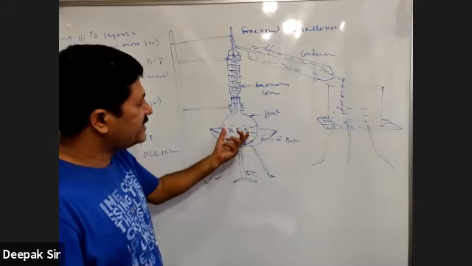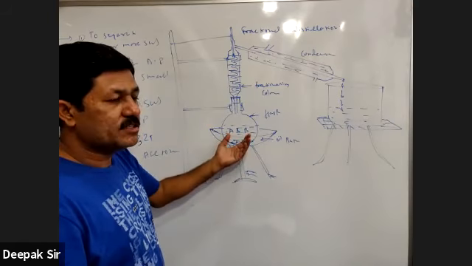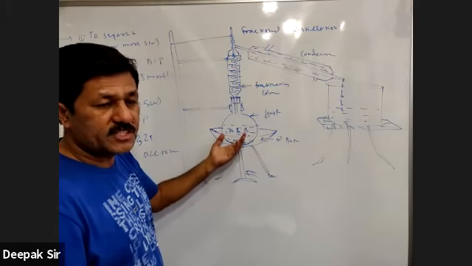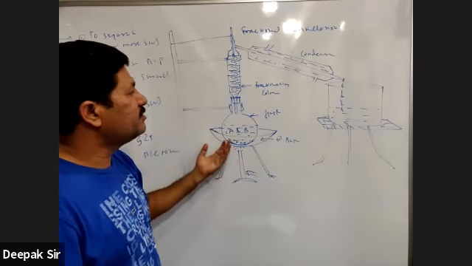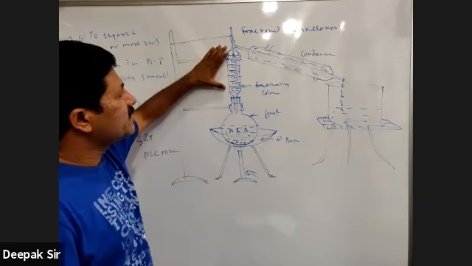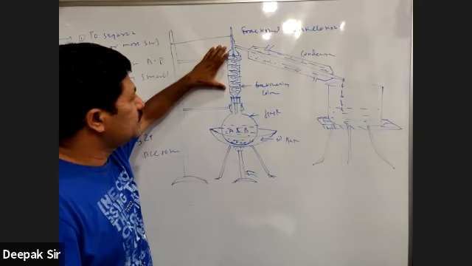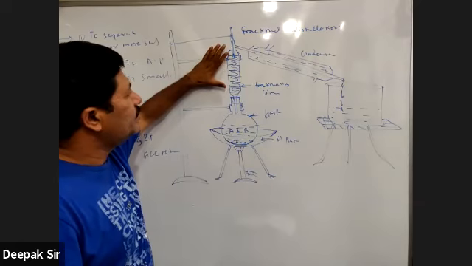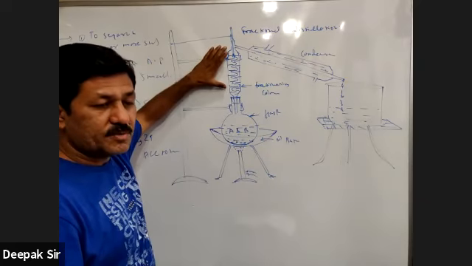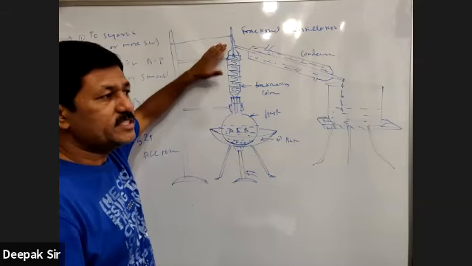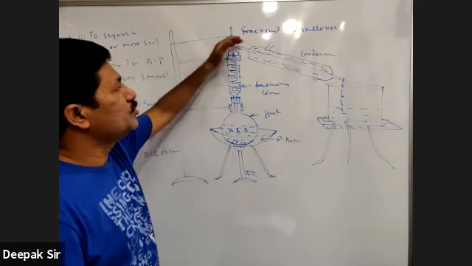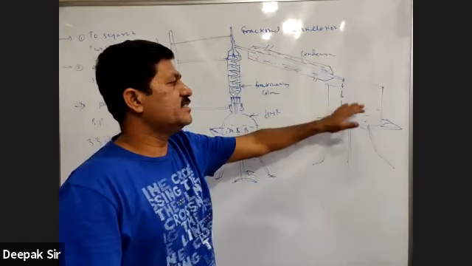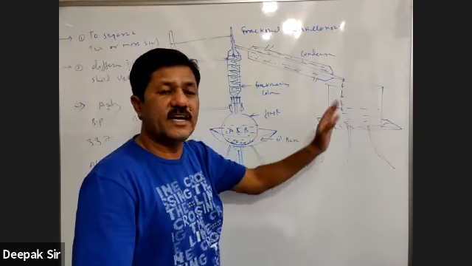When the heating is started, the substance having the lower boiling point will boil first, and the vapors will go up. At the same time, another substance may vaporize, and its vapors also come up. While traveling through this fractionating column, the substance having the higher boiling point condenses and comes down over here, whereas the substance having the lower boiling point goes into the condenser. The vapors are condensed, and the liquid is collected.